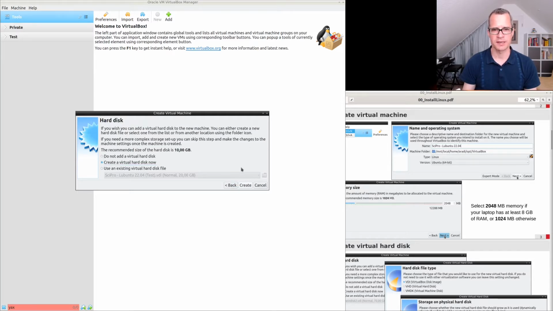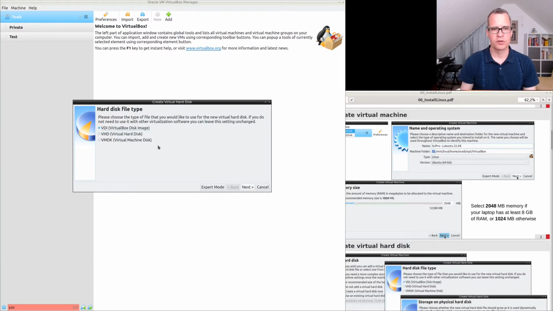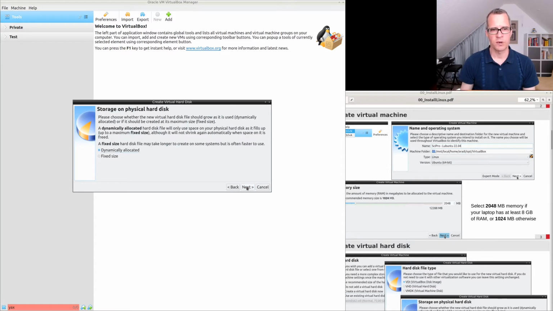Then once the RAM has been assigned, we have to decide whether we want to create a hard disk, which we definitely want to do because we want to store things permanently, install things permanently, and also modify things and store those changes. So we will create a virtual hard disk. The virtual hard disk type will be the VDI image, just select the default one, and then we have to decide whether it should be dynamically allocated or fixed size, and I would suggest to use a dynamically allocated one